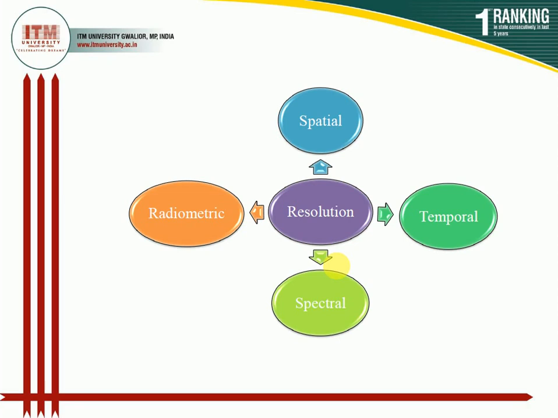The next one is the radiometric resolution. Radiometric resolution describes the actual information about a particular object in an image. Its ability to differentiate the very slightest difference between the energy, the sensitivity to the magnitude of electromagnetic radiation, ensures the radiometric resolution.